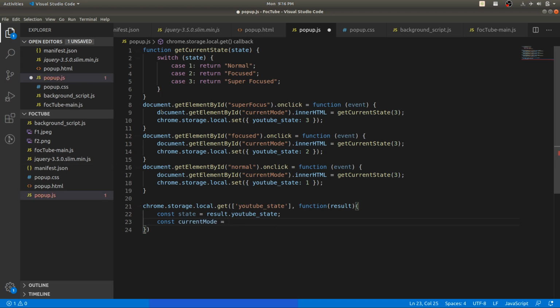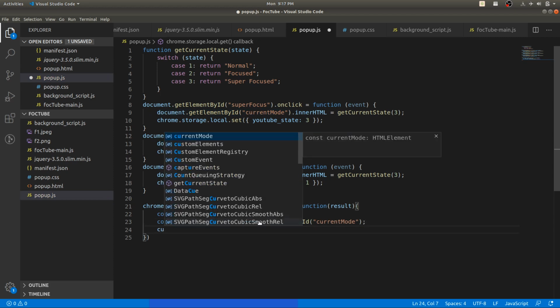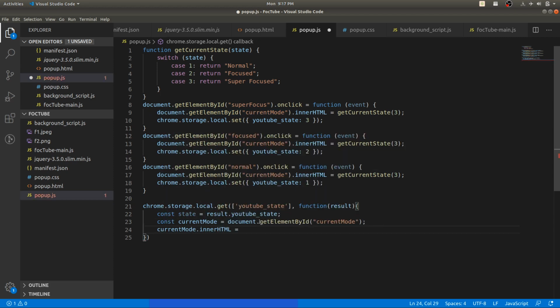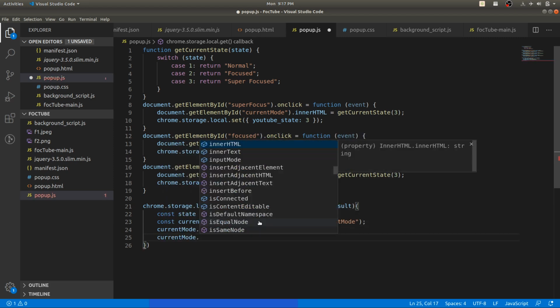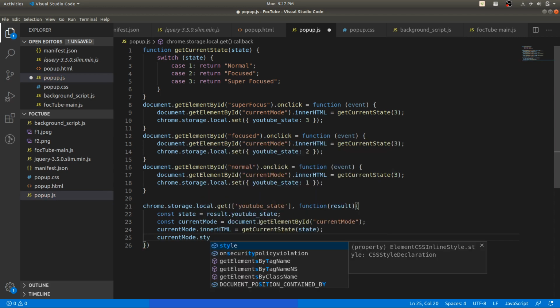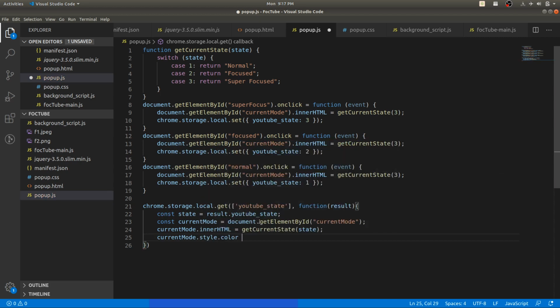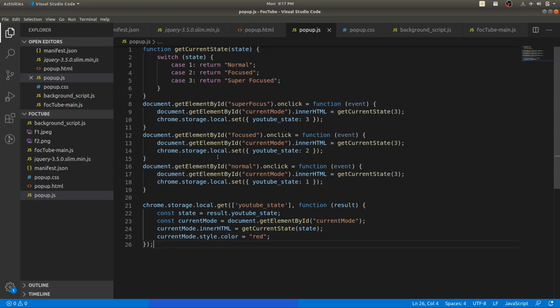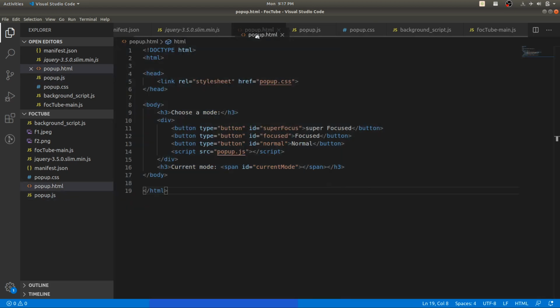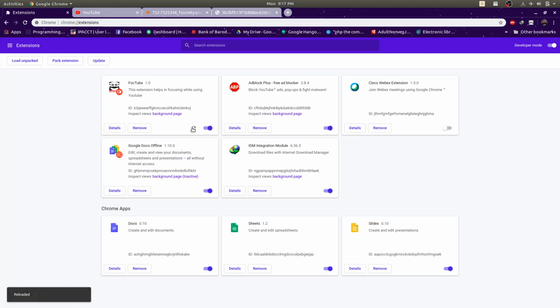Okay, so we are getting the state here and we will set it to current mode. Okay, so let's get the document.getElementById. Guys, you can use jQuery, that will reduce your code size. I am using the default JS just for understanding purposes. Okay, so you can set the color of the text red and that will be done.